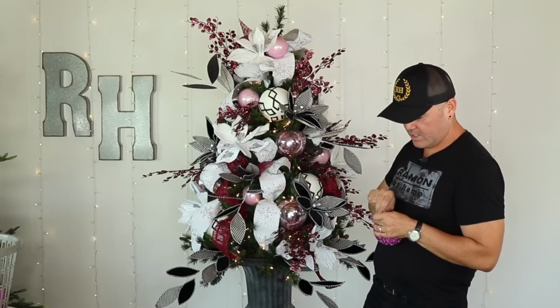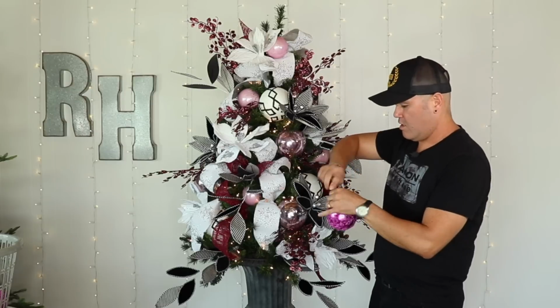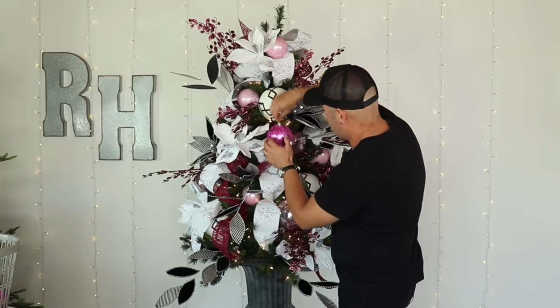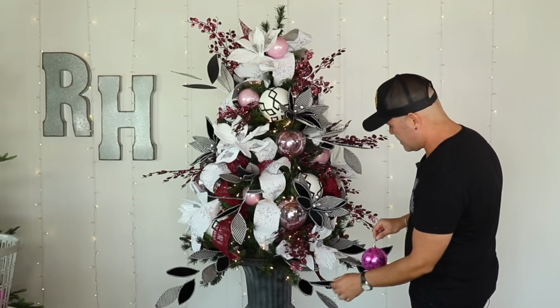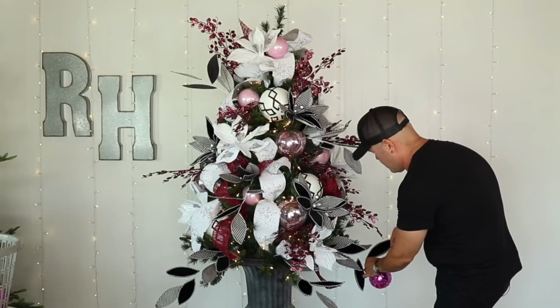You know what I did with these ones? I took a hot glue gun and glued all of the tops because I didn't want them to come crashing down. So I'm going to add one right here. See, okay, what I like is because all of these stems, look, if I add an ornament right here, if I just wire it like that,